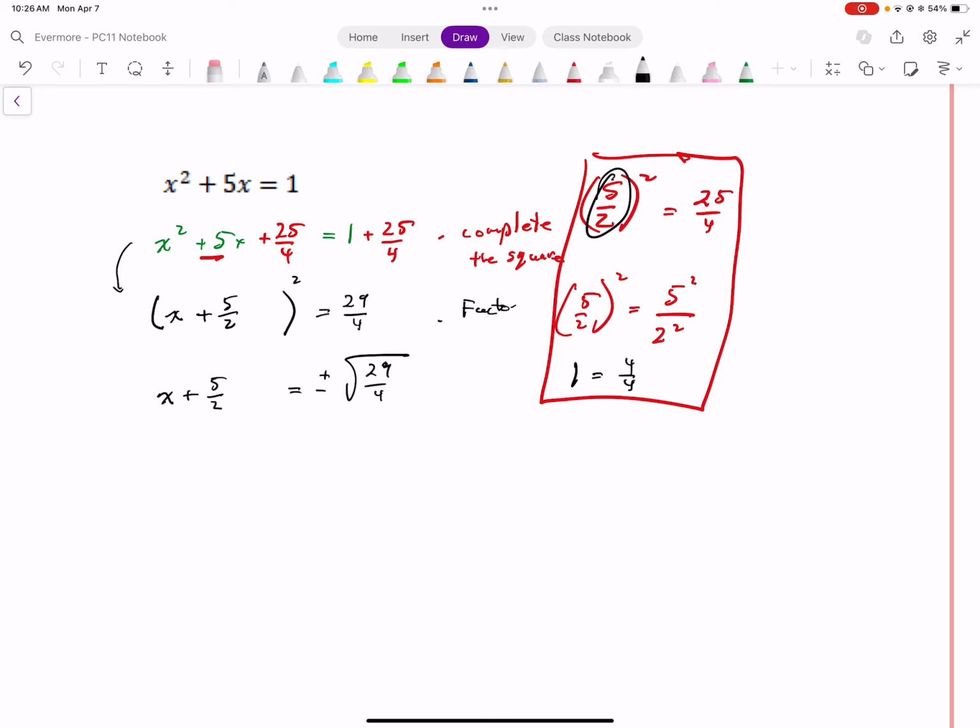Don't forget to add your positive and negative root. I'm just going to clean up the right-hand side because it doesn't look very nice. When I take the square root of a fraction, I take the square root of the top. The square root of 29 is not a perfect square, so you can't simplify it. So it's just the square root of 29. But the square root of 4 is 2. So my answer,